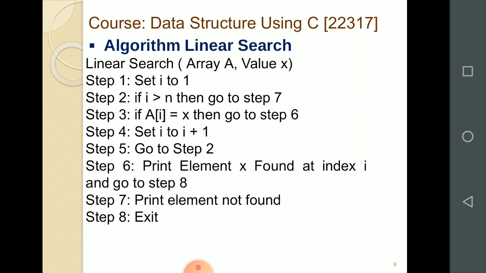If it is not found, we go to the next element. For that we increase I. Again we check whether we are reaching the end of the array or not. If not, then again we compare the element with the element to be searched. Like that the looping will continue. It is a very simple algorithm. I will explain how to do the linear search.